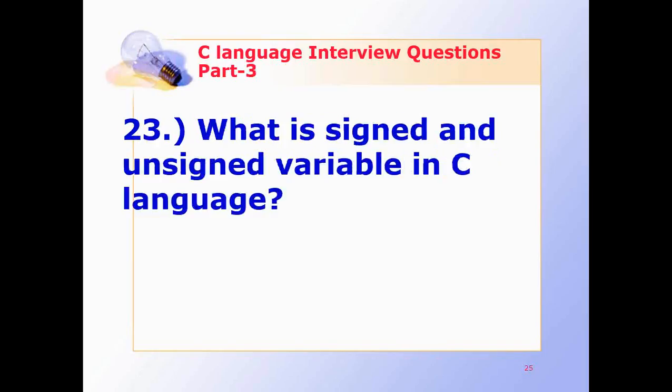What is a signed and unsigned variable in C language? A numeric value may have a positive or a negative sign. In the memory, for a variable, one bit is used exclusively to maintain the sign of the data. If we don't have a sign, the sign bit may also be used for data. If the value is negative, the sign bit is 1, and if it is positive,